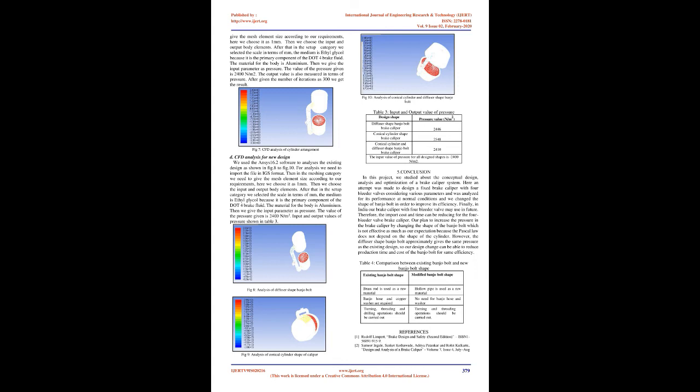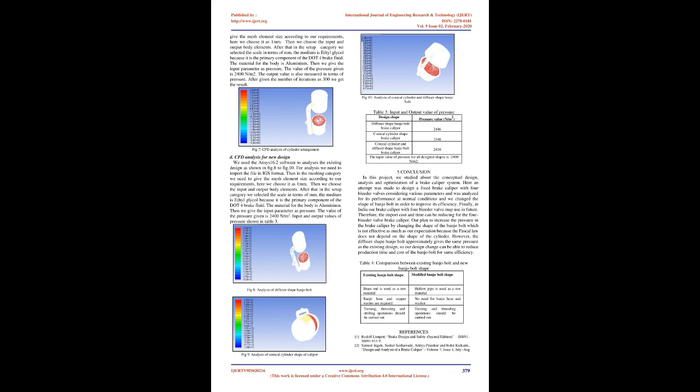C. CFD analysis for existing caliper. We used the ANSYS 16.2 software to analyze the existing design, as shown in Figure 7. For analysis, we need to import the file in IGES format. Then in the meshing category, we need to give the mesh element size according to our requirements. Here we choose it as 1 mm. Then we choose the input and output body elements. After that, in the setup category, we selected the scale in terms of mm, the medium is ethylene glycol because